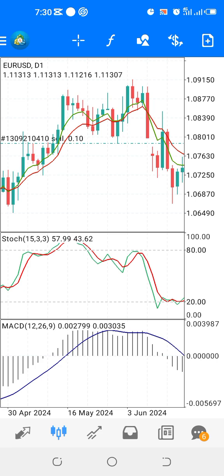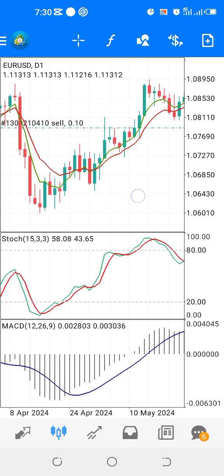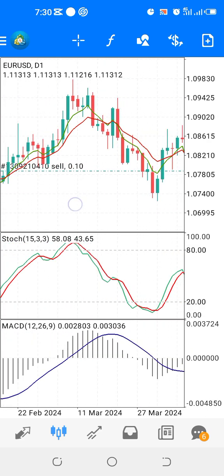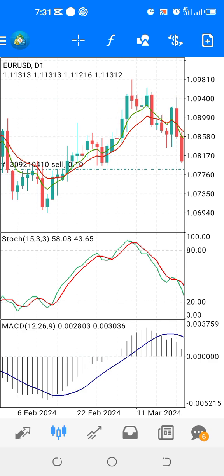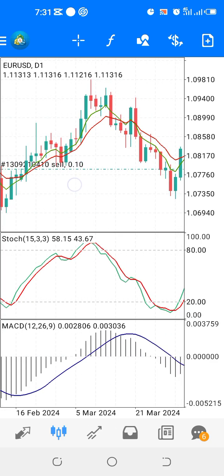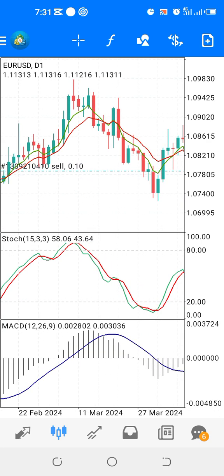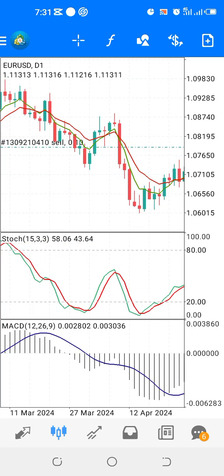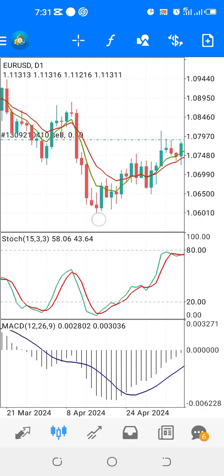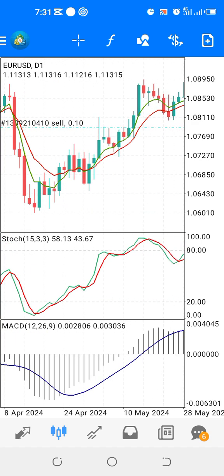The number 7 factor to consider is to test your system. After creating your trading plan, you have to test it. You don't just start like that. You have to demo trade. You have to practice it. You have to move your chart one candle at a time and see how it has performed in the past. And if you are satisfied with its previous performance, then you do your honest recording.